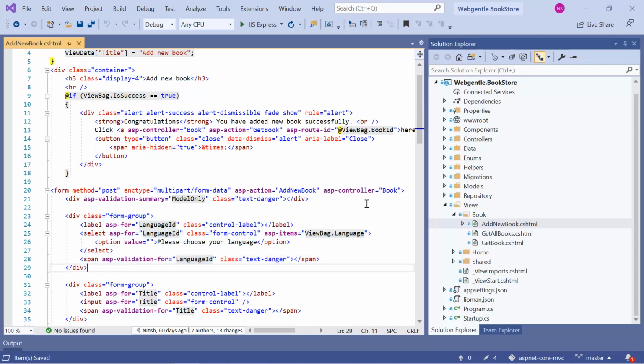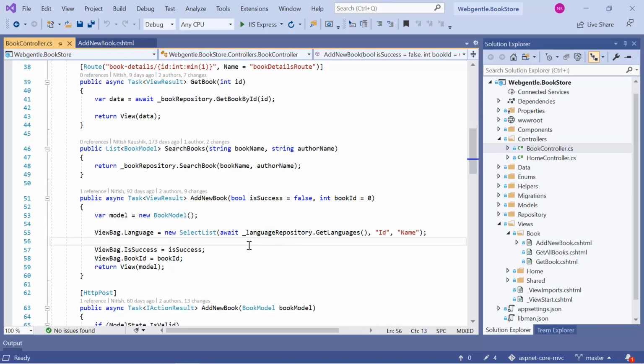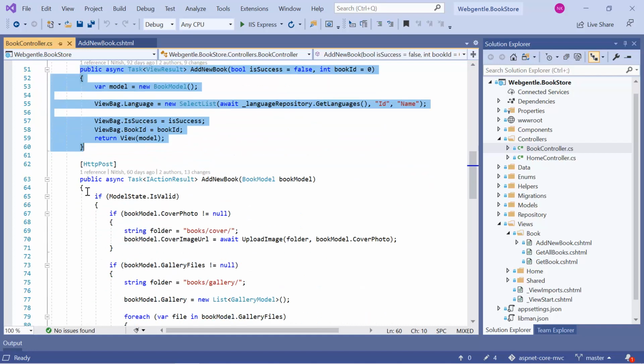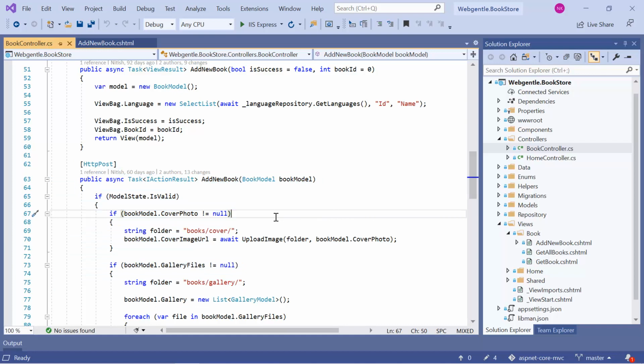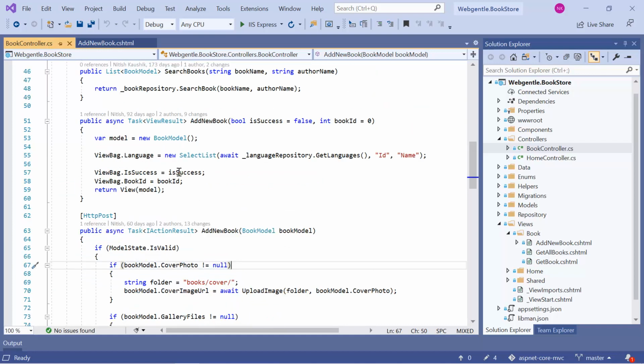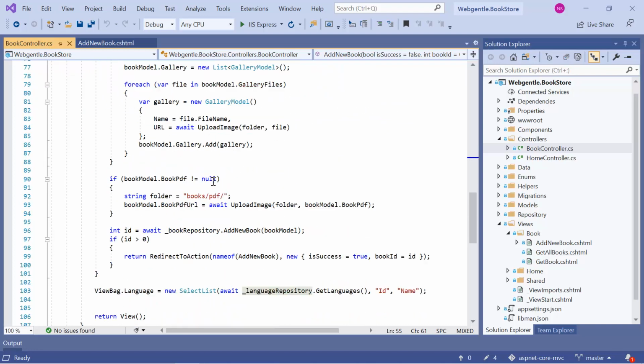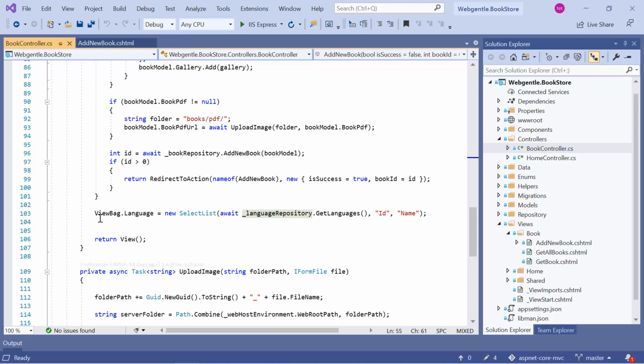Now let's open the controller class. In the controller class you will notice that we have two methods. This is the get method and this is the post method, and the entire data of this language drop down is coming from the database. Here are the details of this drop down. What we are doing over here is getting this data from this language repository. We are assigning all the data into this ViewBag and then passing this data from this controller to the view file. Now again, if you focus on the post method, over here we are doing the same thing. Basically we can say that we are duplicating our code.